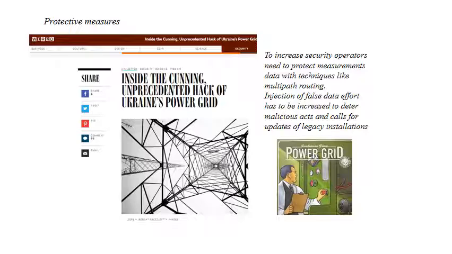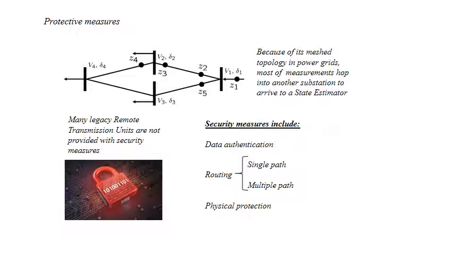And some of the measures to protect include multi-path routing and also data verification to make it harder for the attackers to attack. So when we talk about protective measures, we need to bear in mind that many of the installations out there in the field are somewhat old, and they are not provided with security measures. So we need to retrofit the grid. And also we need to consider that